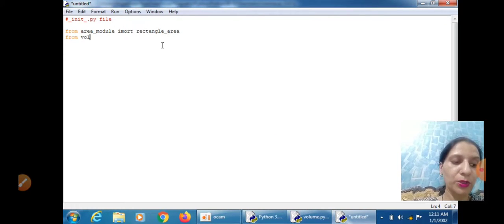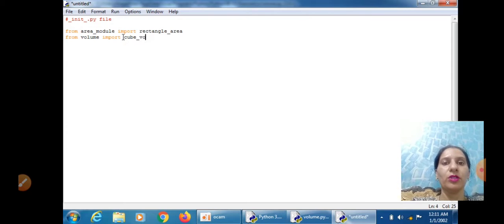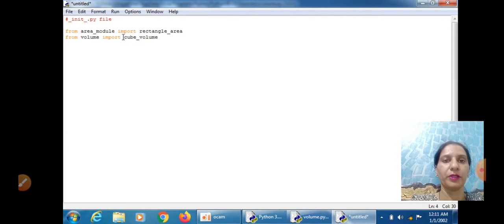The init file is used to consider the directories on the disk as a package. Again, also import volume by using a from statement: from volume import cube_volume.